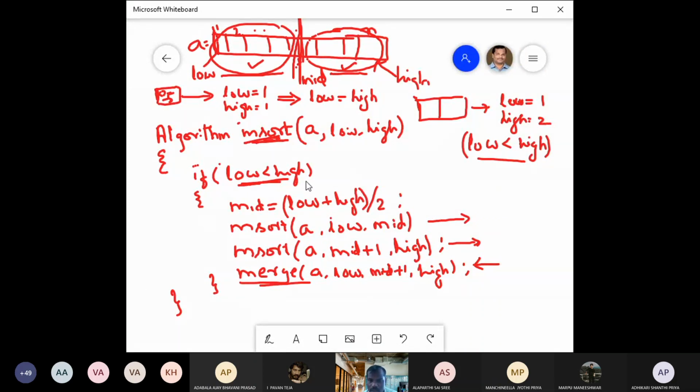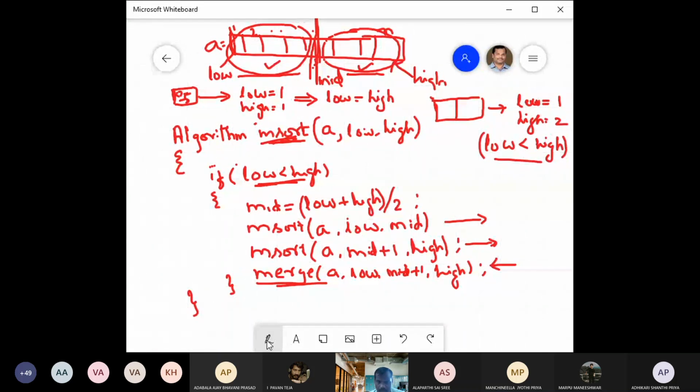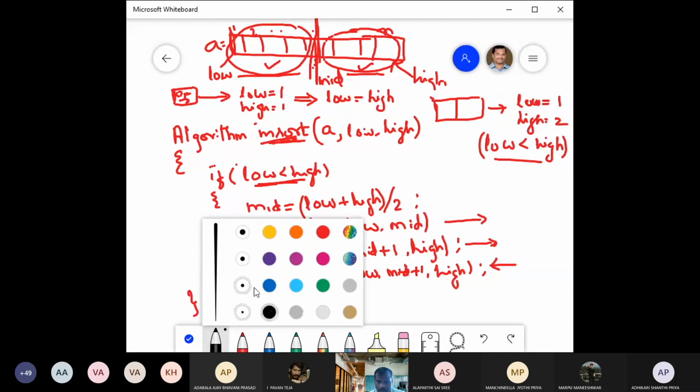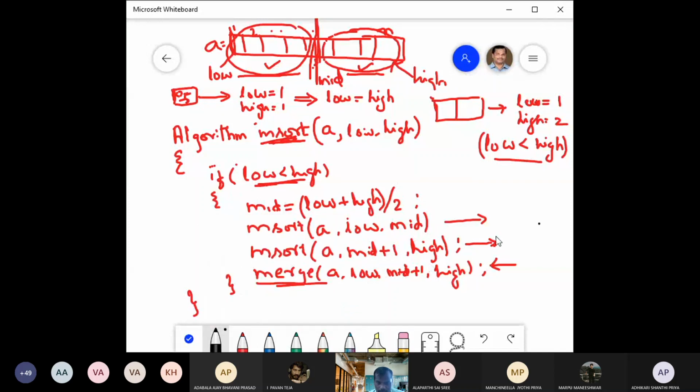So previously, if you come to this merge sort algorithm, assume T of n is the time complexity for sorting n elements.